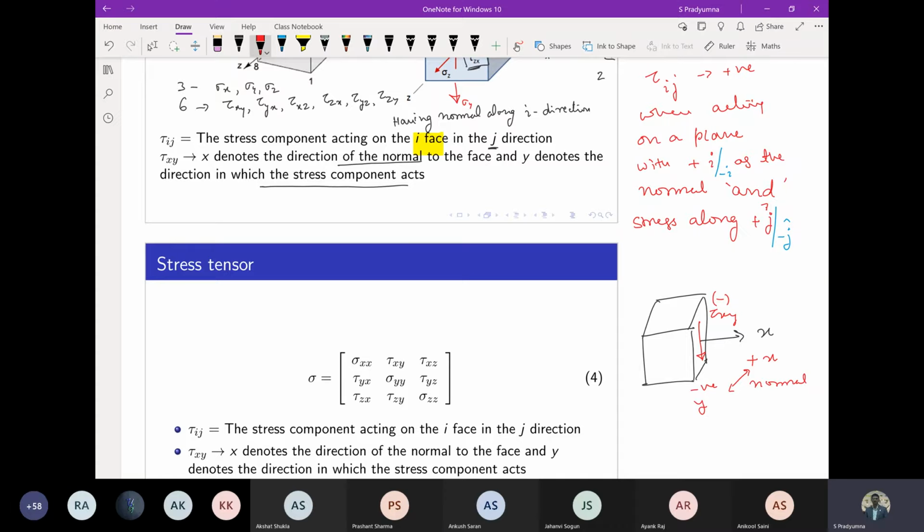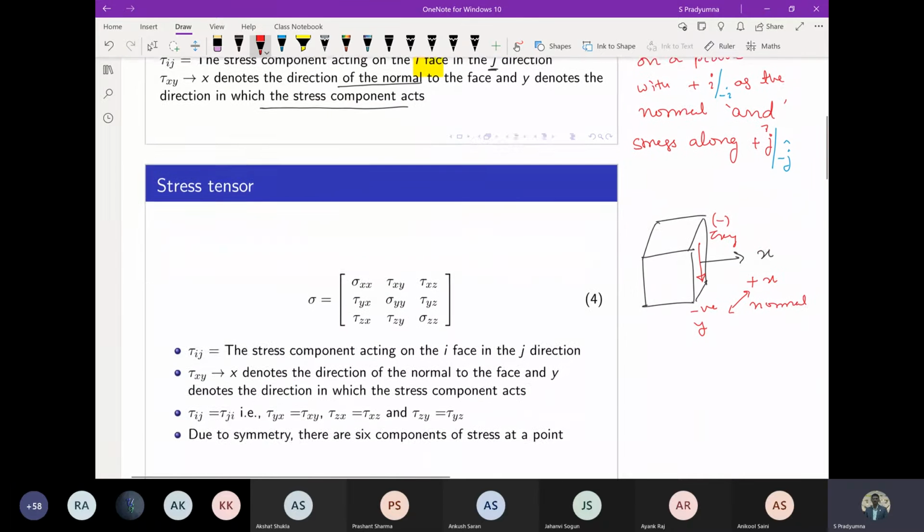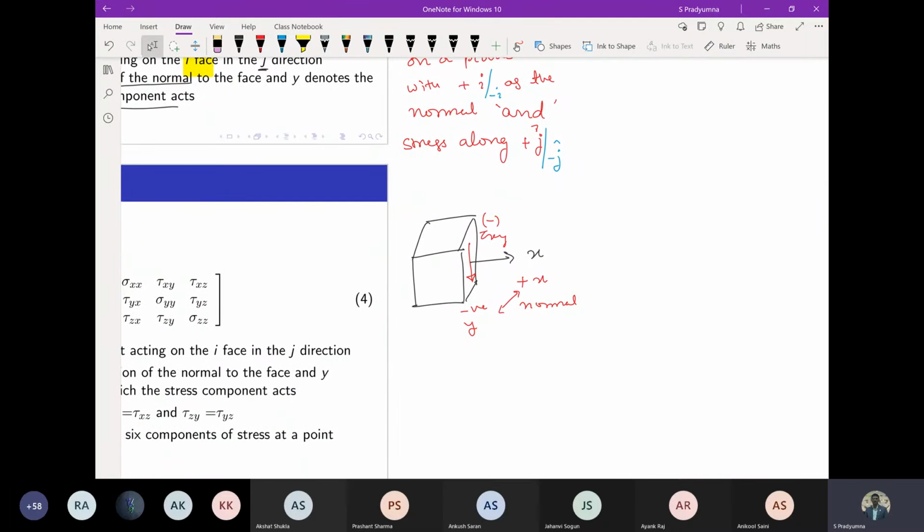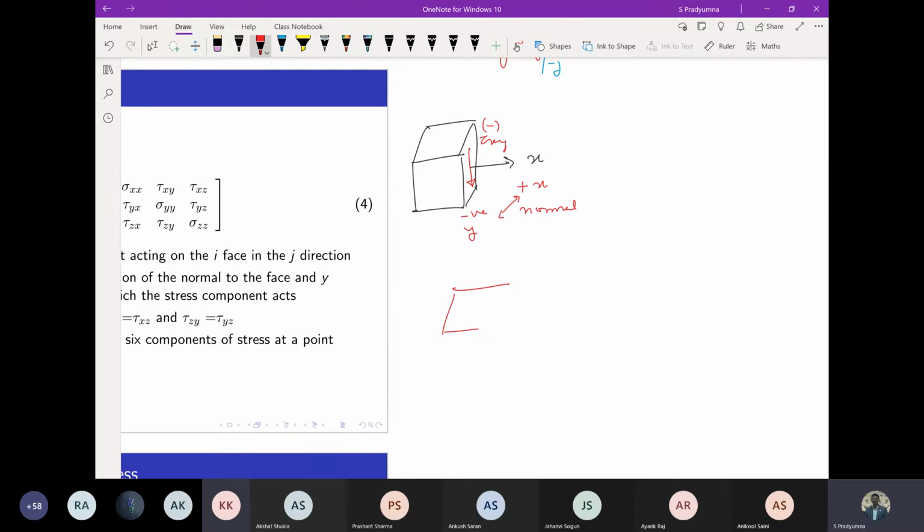So are you able to understand this? Yes, sir. Okay, so any combination of plus plus or minus minus will give you the positive shear stress, and any combination of minus plus or plus minus will give you the negative shear stress. Now when I come to the normal stress, let's say I consider, yeah. The negative shear stress means that just the direction is reversed, right? Yes, exactly. Now, negative shear stress means the direction of the strain also will be reversed, right?